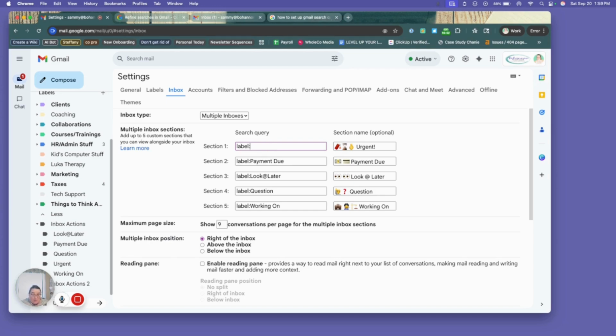Label should be lowercase. I'm going to click label. Do not put a space. I've made that mistake multiple times. Then I'm going to put Inbox Actions, backspace,